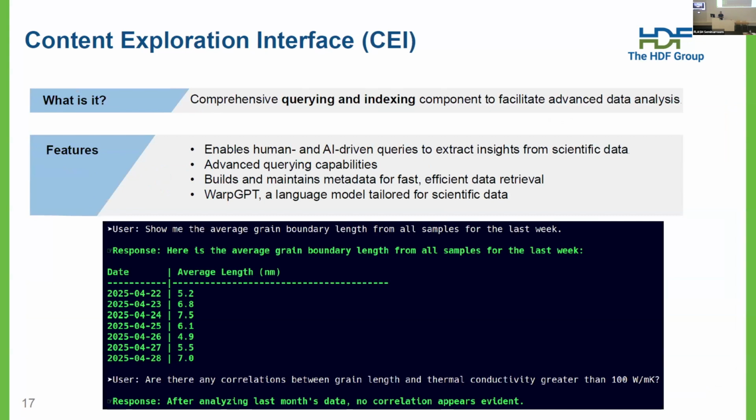It is all handled for them, which is a nice thing. And lastly, there's the content exploration interface. This is basically a way to introduce a querying and indexing component into the workflow. We want human and AI derived querying to extract insights from the scientific data. You want the ability to do advanced querying capabilities. We want to build and maintain the metadata so you can do fast access,